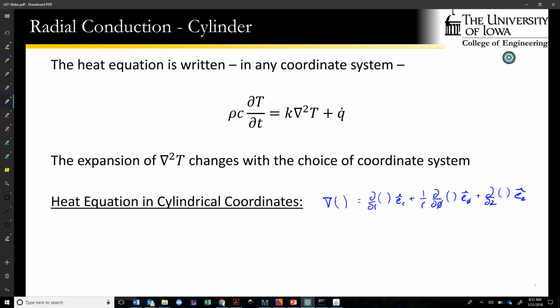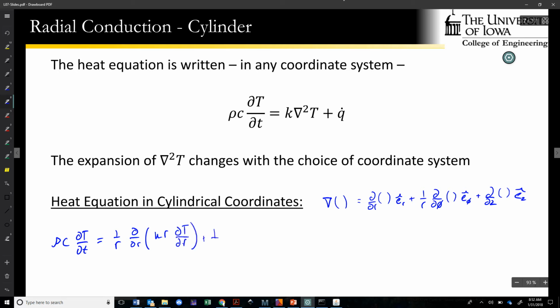So this is one of the problems on the homework, actually taking this and turning it into an expanded form. But I'm going to go ahead, and you can look it up in the book. Equation 2.26 in the book gives you the final heat equation in cylindrical coordinates, which can be written as rho c dT/dt. So there's your rate of change of stored energy. This is where things get a little bit different. 1 over r, partial r of k times r dT/dr